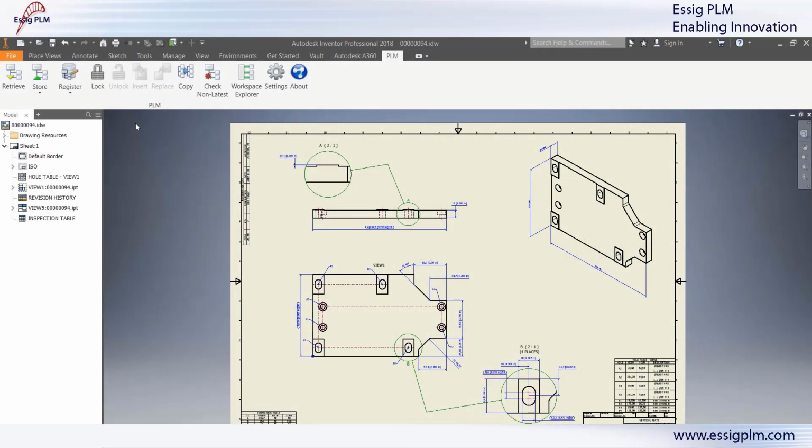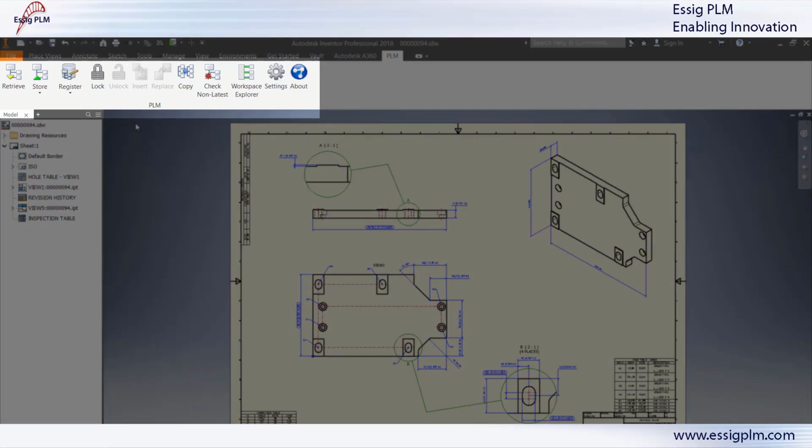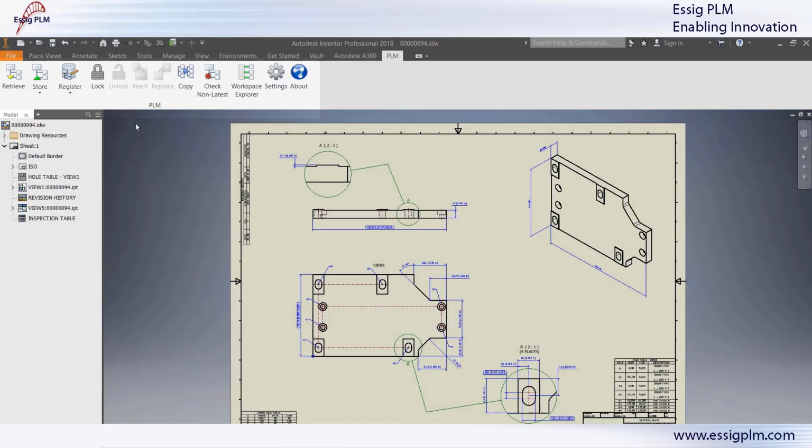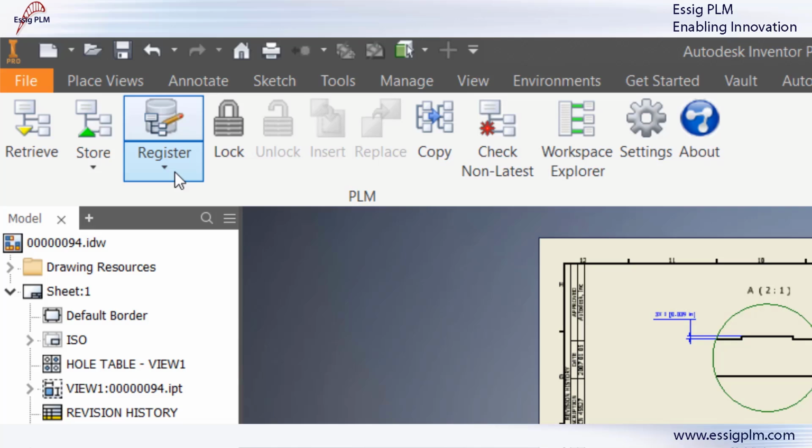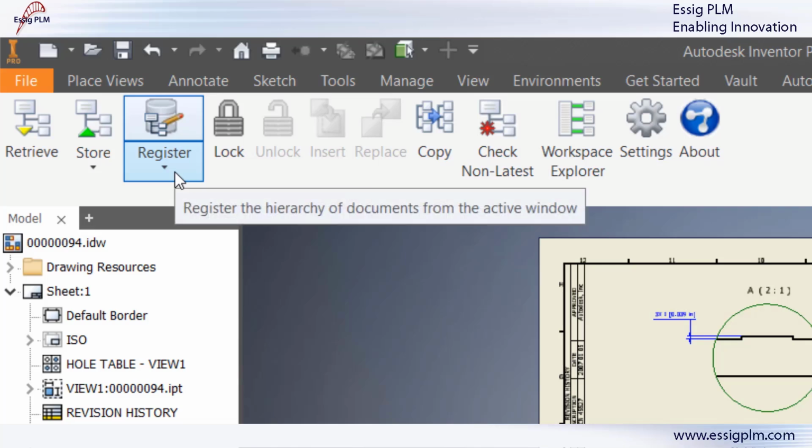Let's first have a look at how the connector is integrated in Inventor. Accessing the connector functions is as easy as opening your Inventor environment and using the integrated connector ribbon menu. Without leaving Inventor, you can register your CAD data and generate part numbers in Aras Innovator, store your Inventor files